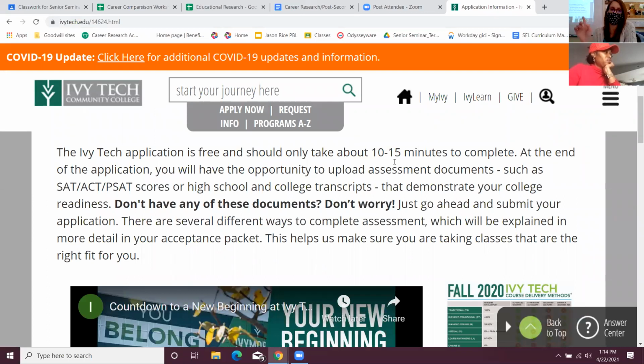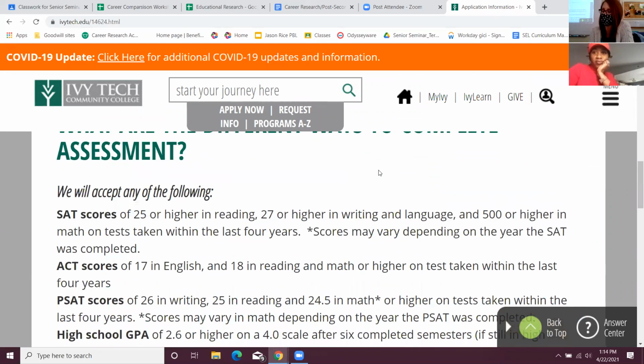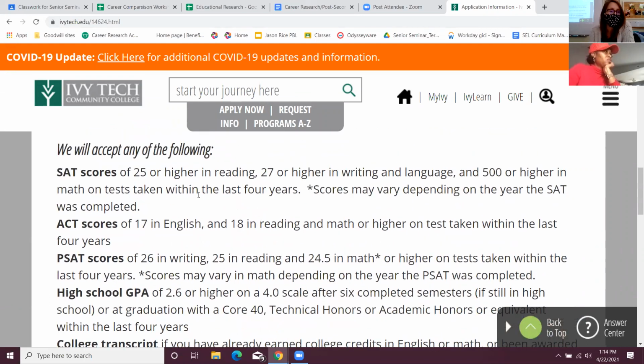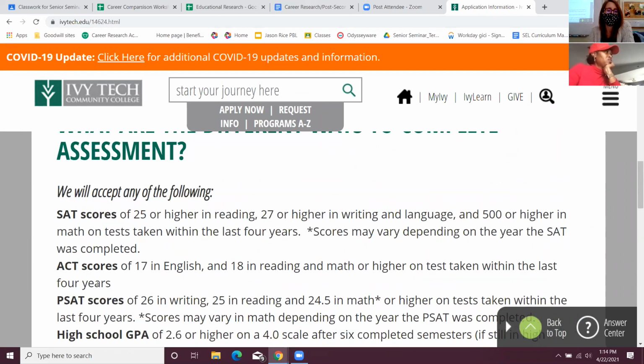That's extra credit for this class if you're interested, is to apply for college. There are several options. You can also apply for a job and screenshot that or something like that. We got SAT scores of 25 or higher in reading, 27 or, okay, yeah, they give you some scores. Oh, so you can qualify with any of the following.